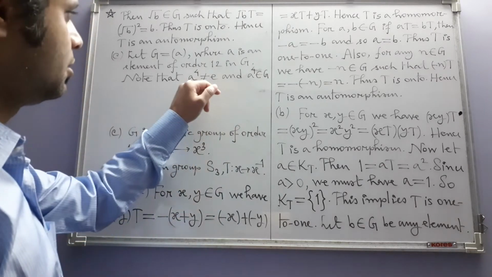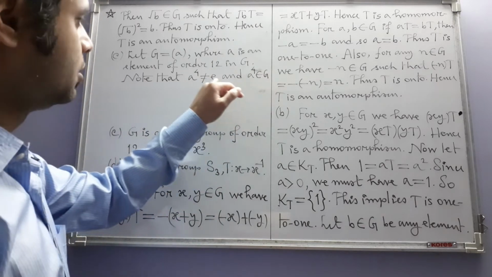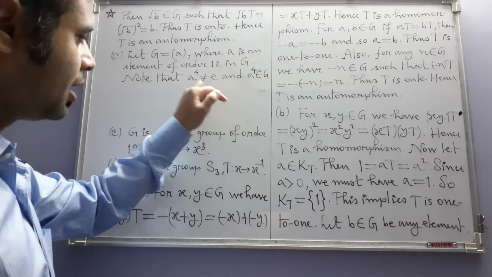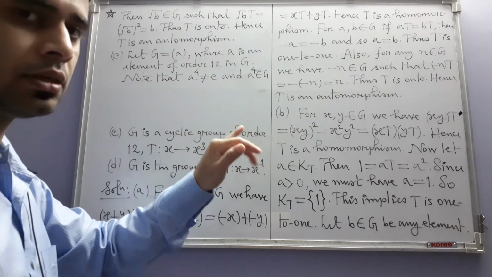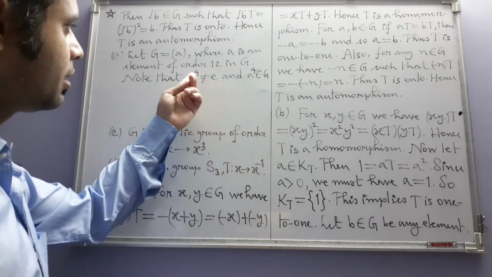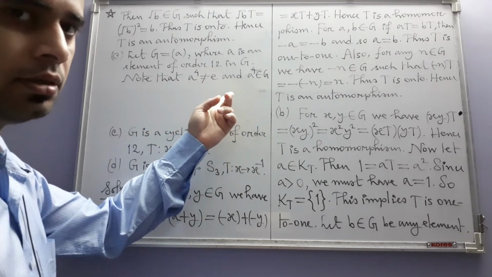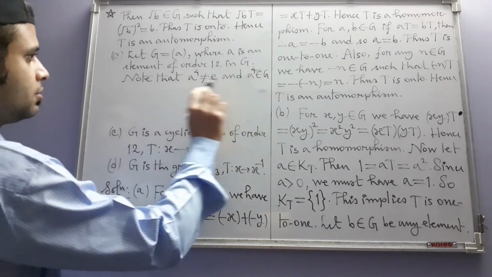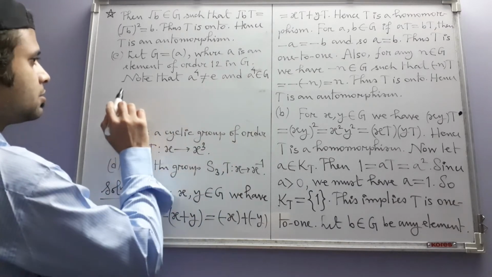Why? Because A has order 12. So 12 is the smallest positive integer such that A to the power 12 is equal to E. No smaller exponent will give us E. And this